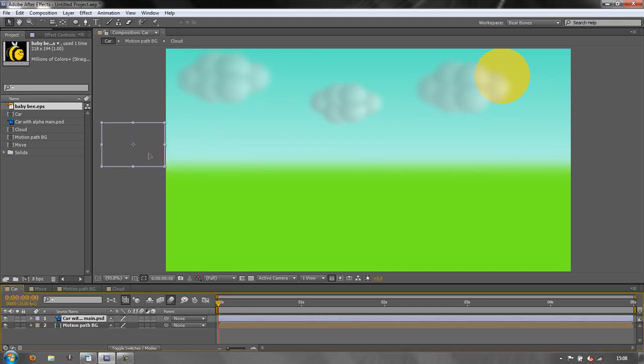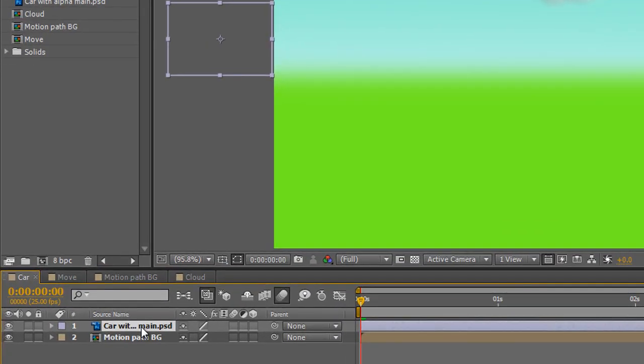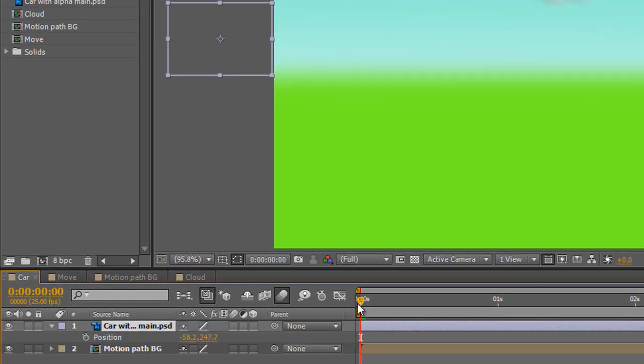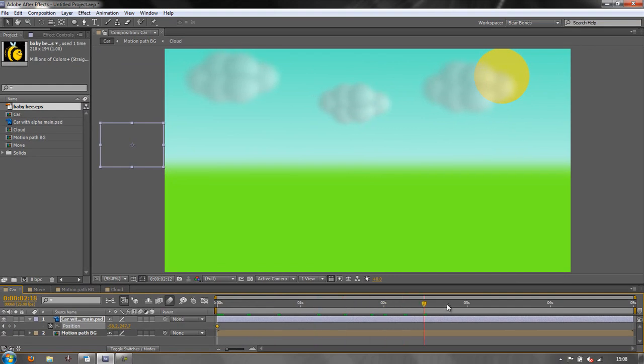We can take the car off the screen and hit P for position. And then with our current time indicator or playhead at the beginning of our composition, we can hit the stopwatch for position. A keyframe is created. We can then either drag it to the end or hit the end key on our keyboard and then take hold of our car and drag it across the screen. And as I'm dragging it, I'm now going to hit the shift key to constrain its movement so that it